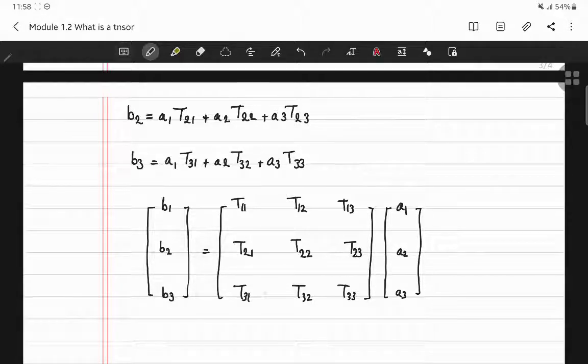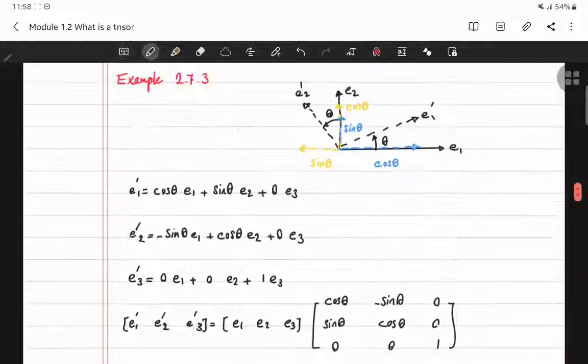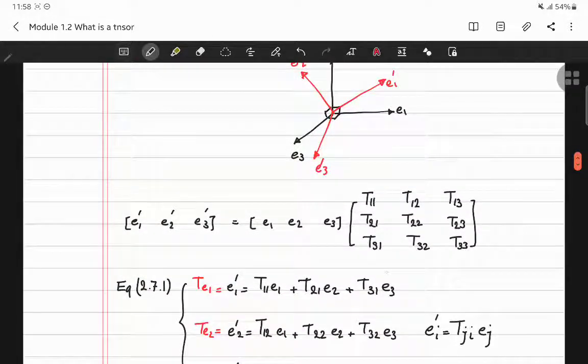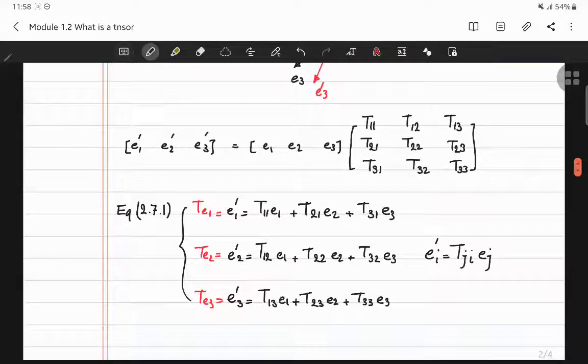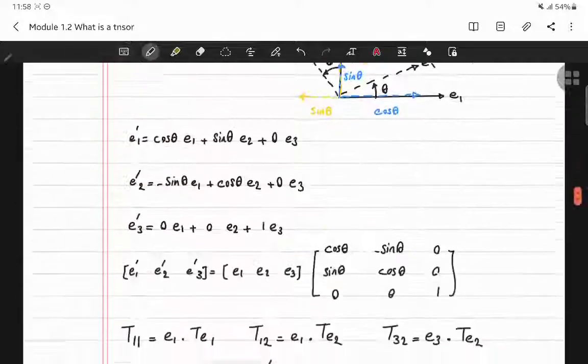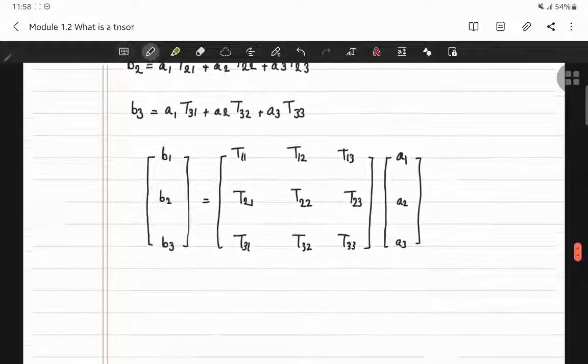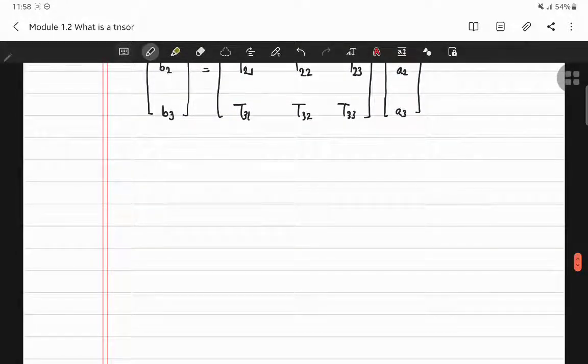You may notice that this transformation, this second order tensor, is the same as what we get here. So for the sake of continuity, we followed this notation by writing this coordinate transformation like this. Basically, if you write this